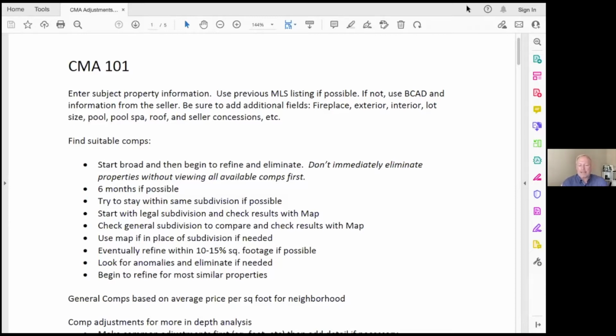I also add some additional fields that aren't default on the CMA for the MLS. I add fireplace, exterior, interior, lot size, pool spa, roof, seller concessions, and I forgot to put remarks. Let me show you what that looks like. If we go back to my MLS